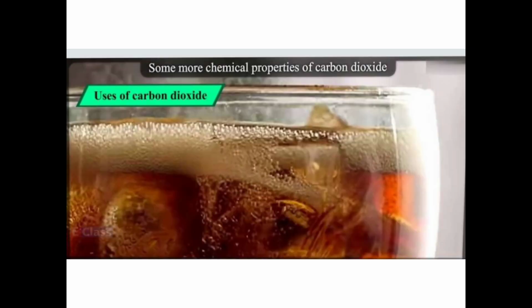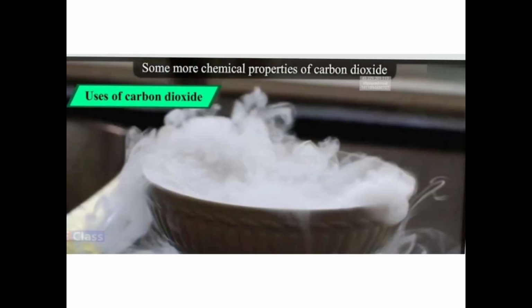Now let us come to the uses of carbon dioxide. It is used in aerated drinks. Children, carbon dioxide is sparingly soluble. Sparingly soluble means it is soluble to a little extent. This is the last part I am going to discuss, the uses part. So in all the aerated drinks, जो bubbles आते हैं जैसे खोलते हो तो सब बाहर आता है, those bubbles are nothing but the carbon dioxide gas. Okay, so it is used to make the aerated drinks.